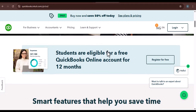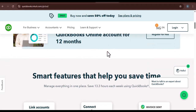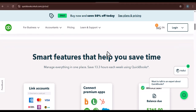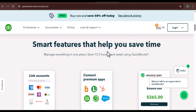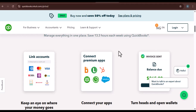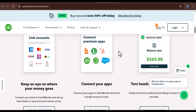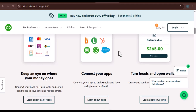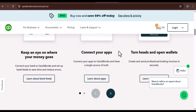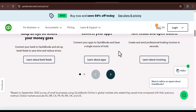Think of QuickBooks as the central nervous system of your business finances. When it's running smoothly, everything clicks. Invoices go out, payments come in, reports generate like magic, and you feel in control. But what happens when that system hiccups, stutters, or outright crashes? That's where knowing when to call support becomes crucial. Ignoring those warning signs can lead to a cascade of errors, costing you time, money, and a whole lot of unnecessary stress. So, let's explore some common scenarios that should have you reaching for that support number or initiating a